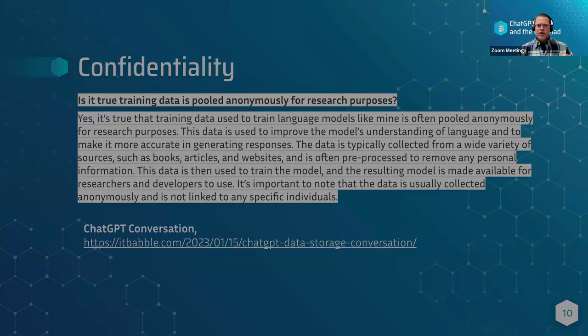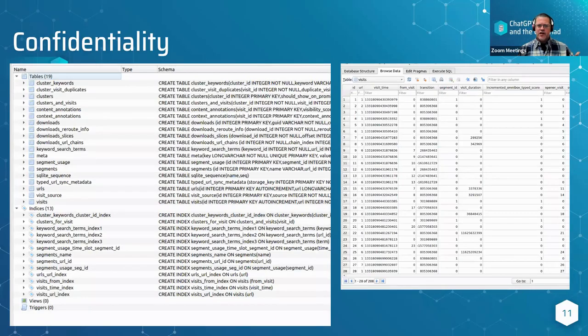And here's a sample of how it stores data on the client. Now, the reason I use the client is because it was more stable than the web version and I could see a lot more data. But it is logging quite a bit of information about our sessions. And this is mostly metadata and information that you would get with any service. But as a user, I have a login and I have a user ID, a number that you can find in these tables.